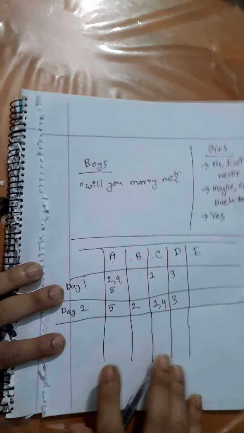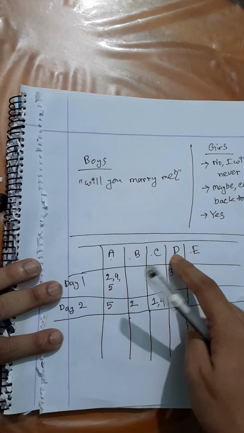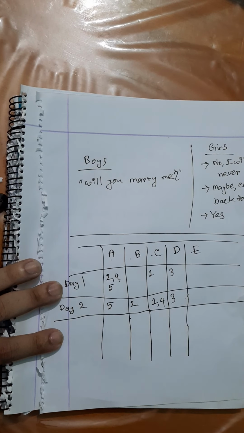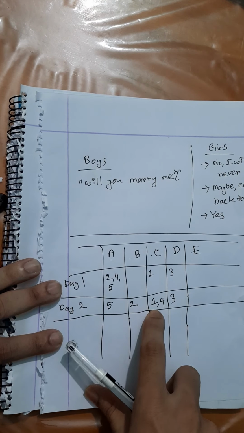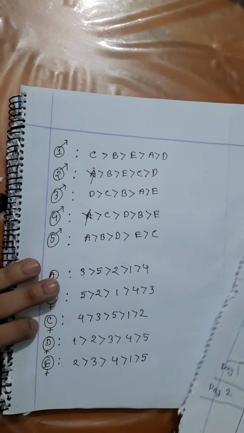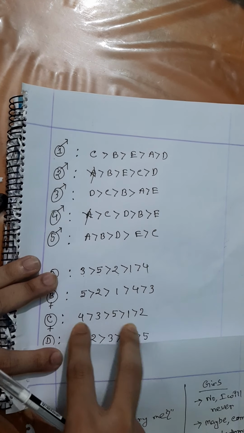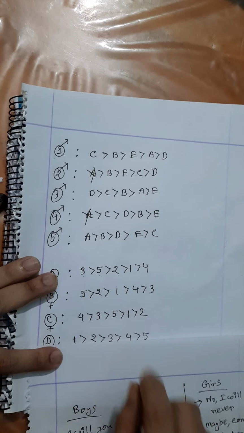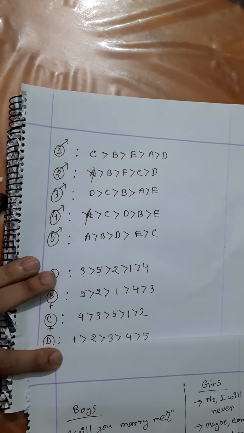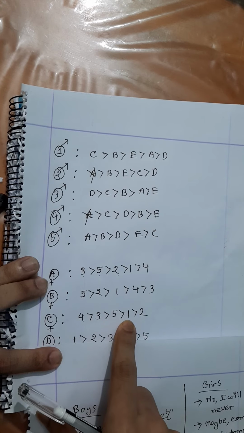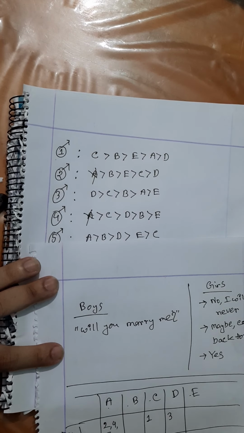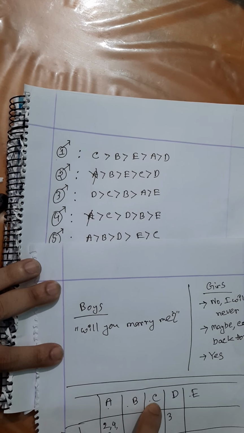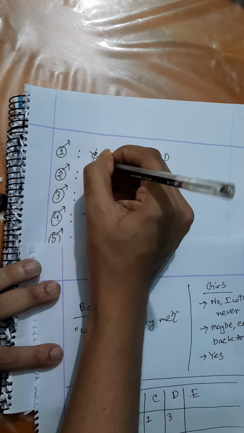Okay, so now girl A, B and D have only 1 boy under their balcony, so they will again tell those boys maybe come back tomorrow. And now girl C has 2 boys under her balcony, 1 and 4, so she will check her preference list. So 4 and 1, obviously 4 is her favorite, so she will tell 4 to come back tomorrow again, but to 1 she will say no, I will never marry you, so I am rejecting you. Okay, so now 1 will cross off C from his list. So C is crossed off here.